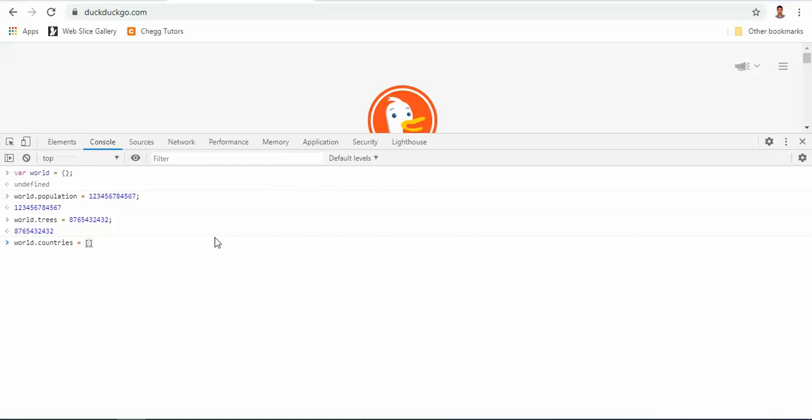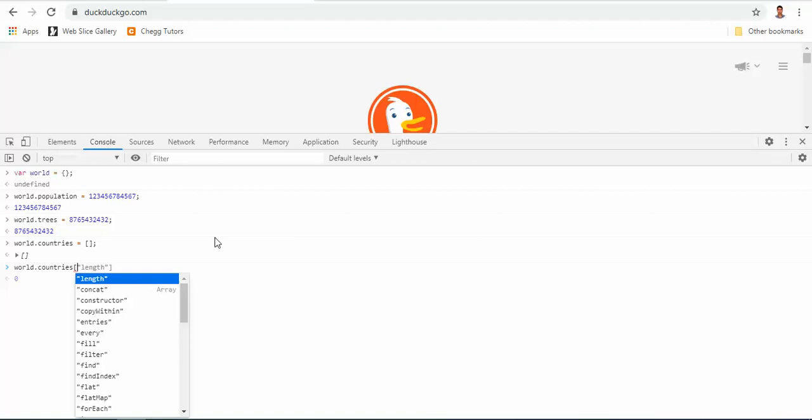First of all I will initialize the array. Now world dot countries, zeroth country. Now we will talk about the zeroth country. Let's say it is an object. Countries will have so many properties.